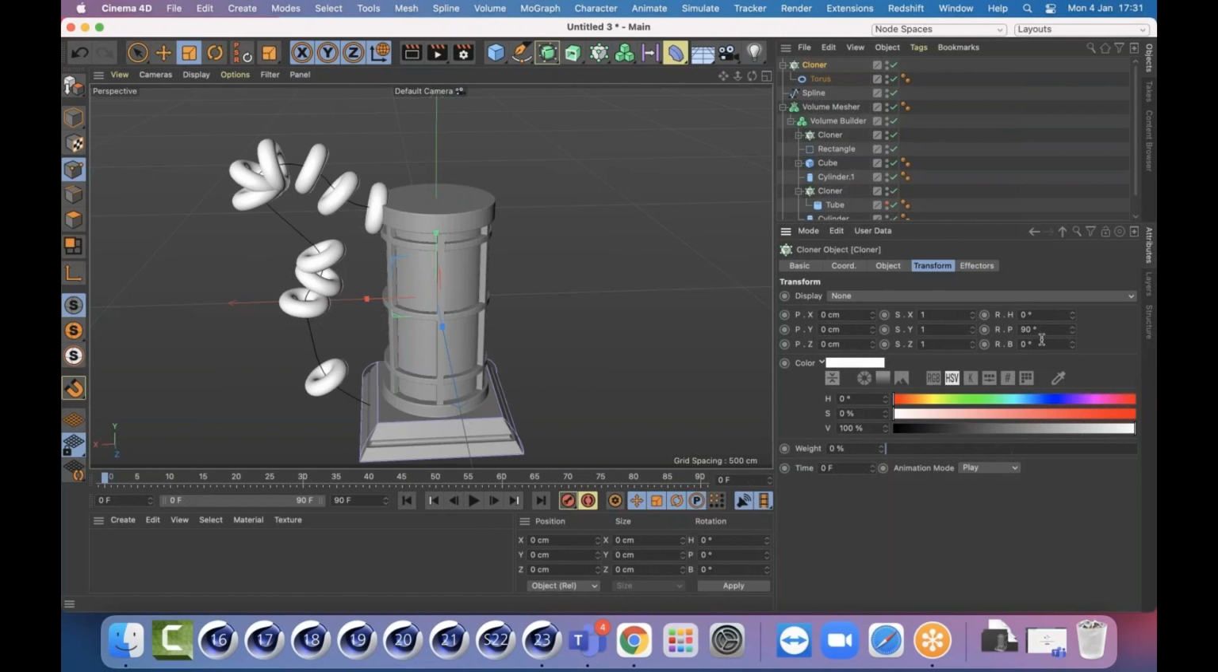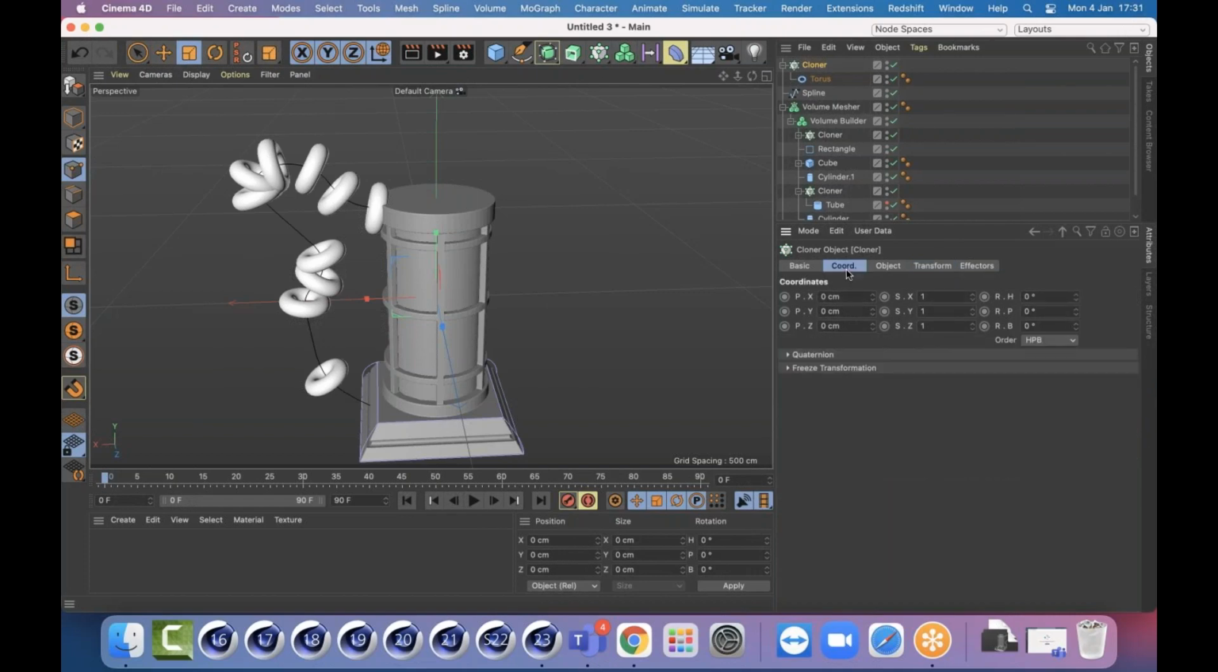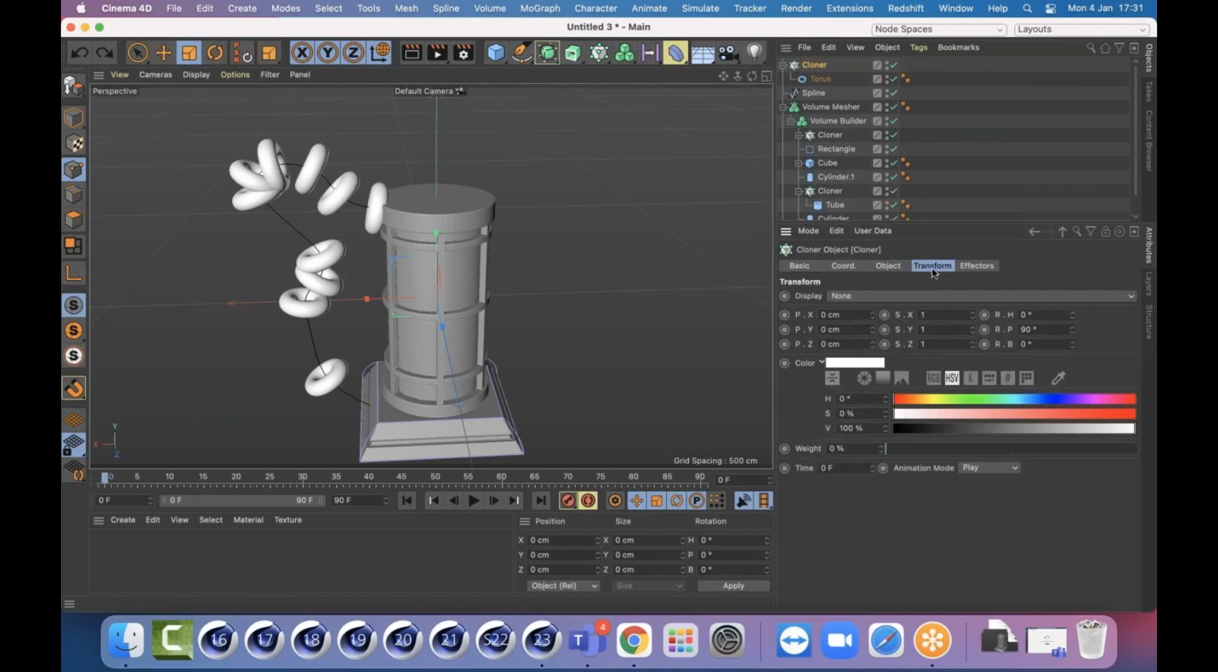There's also, in the coord tab, position, scale, and rotation, but that's for the whole cloner. Here, because he wanted to rotate the clones, he went to the transform tab. Yeah, so this is for how the clone is being created, how the torus is being created within